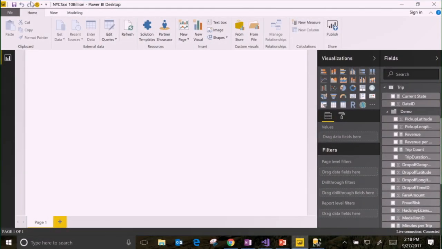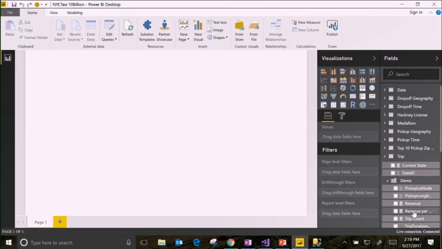This is Power BI Desktop connected to Azure Analysis Services. So when you first connect, you will basically be taken to the report page, and you will see the model instead of just tables in a data warehouse. So if I want to, in this model